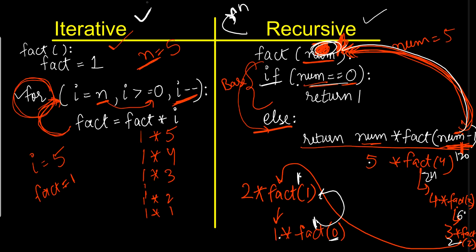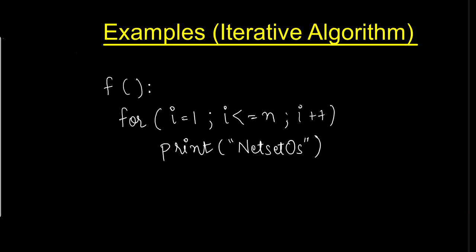This I told you for one algorithm, which is factorial. Now we will discuss different types of algorithms, and with respect to algorithms, we will work out the time complexity. We will analyze it. So let's see. For the first, the base program. Now in this, we'll be analyzing the iterative algorithm.